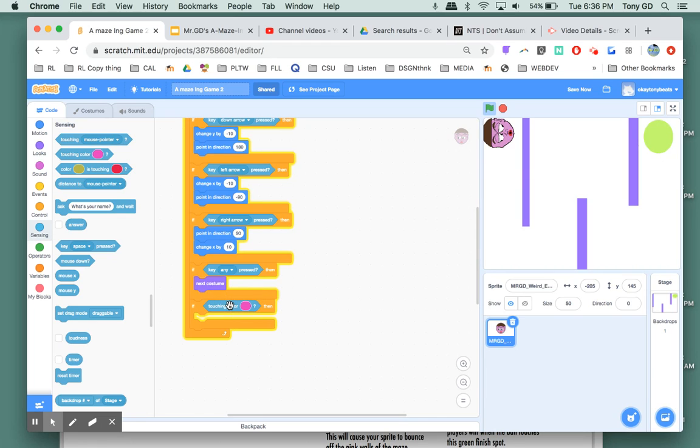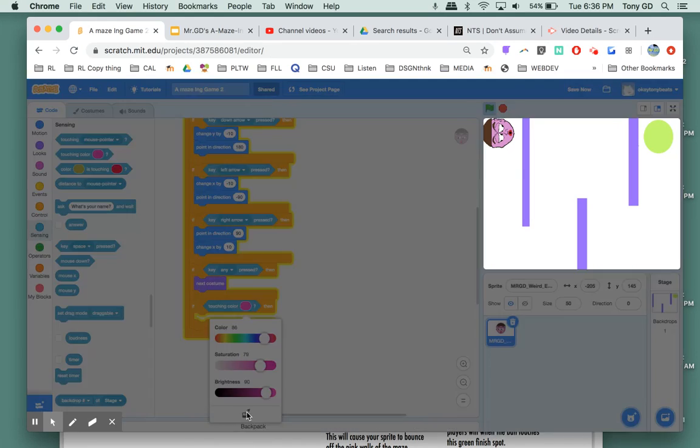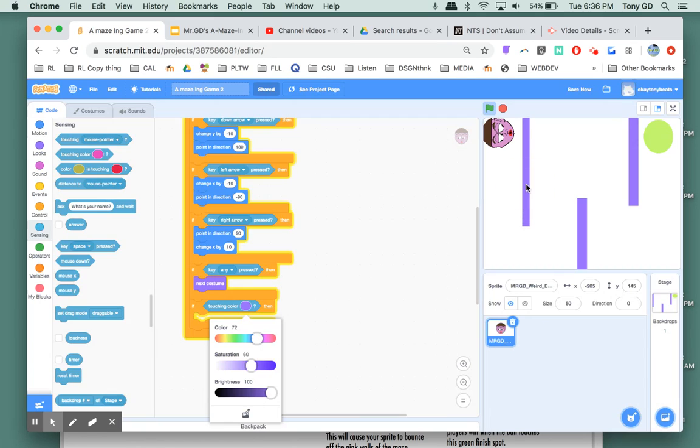And here's a question I get: how to change the color. It's not obvious, but you click on the color, and then I like to use the color picker right here. And then you can choose a spot on the screen. Okay, so now it is programmed to the color of the wall, and we want to say you can't go